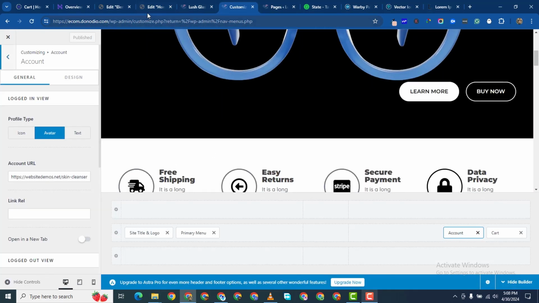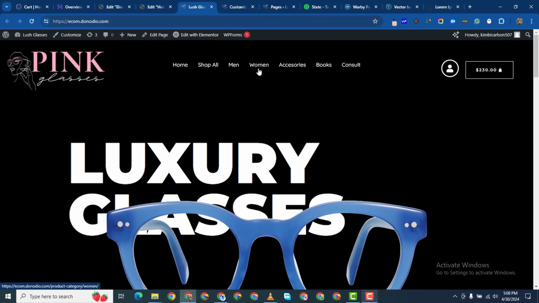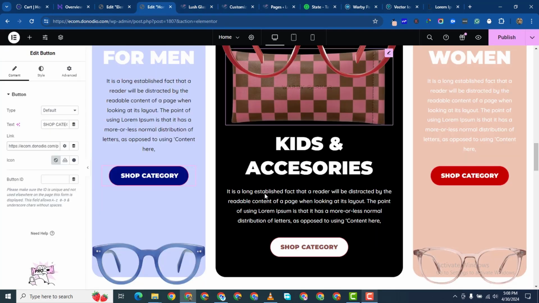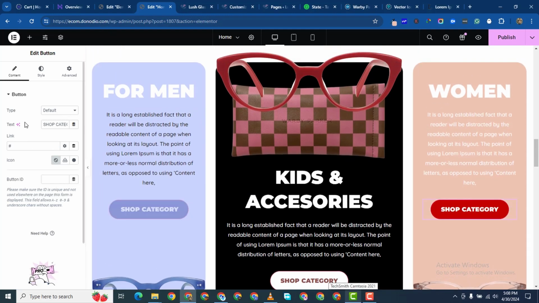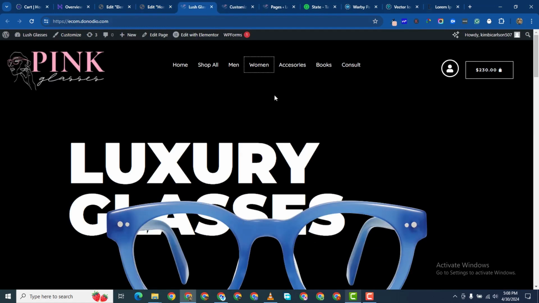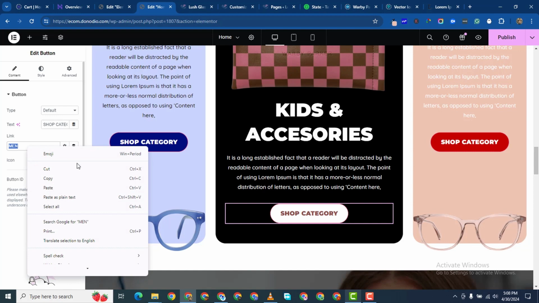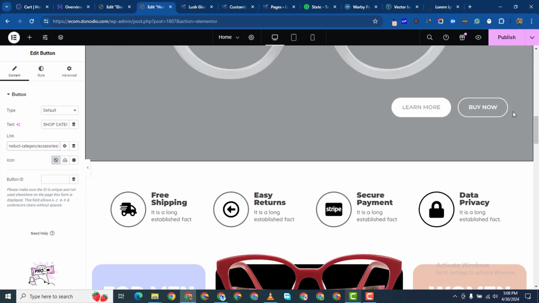Here, I'll put the link to shop for men. I'll paste it there. Here, I'll put the link to shop for women. Let me copy link. Here, to shop for women. And then accessories here, and then here